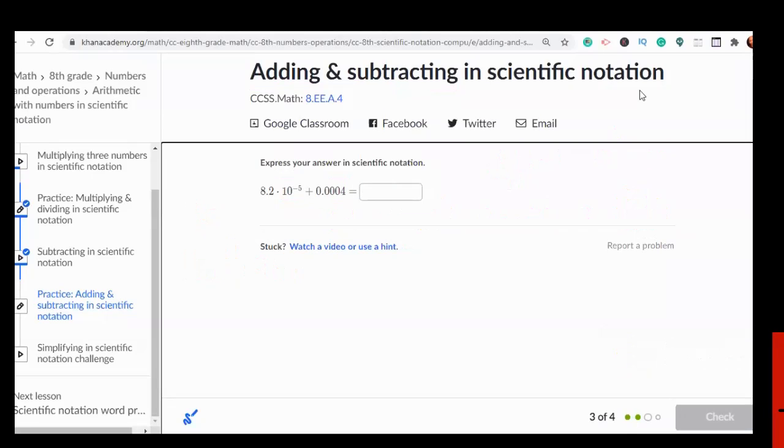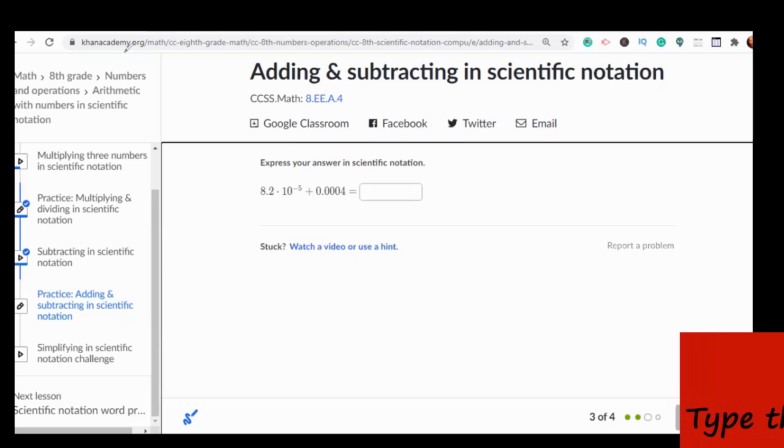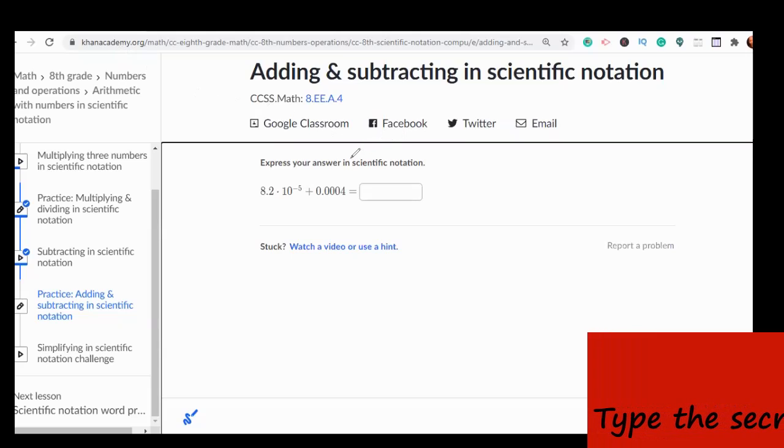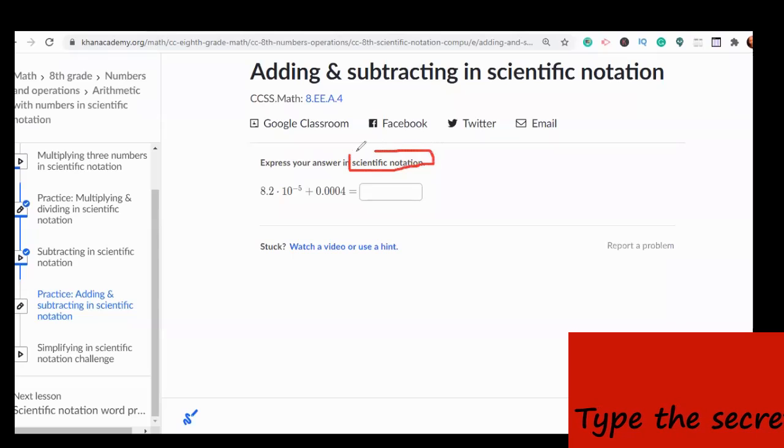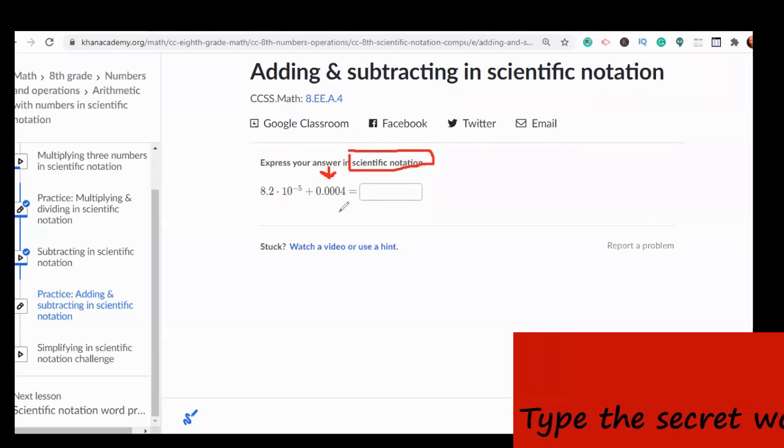Notice how in this problem, you have one number in standard form and one in scientific notation. So we can choose to either put the standard form one in scientific, or put the scientific one in standard, work it out, and turn it back into scientific later. But since our answer has to be in scientific, why not go ahead and change this one into scientific notation now? Okay, so